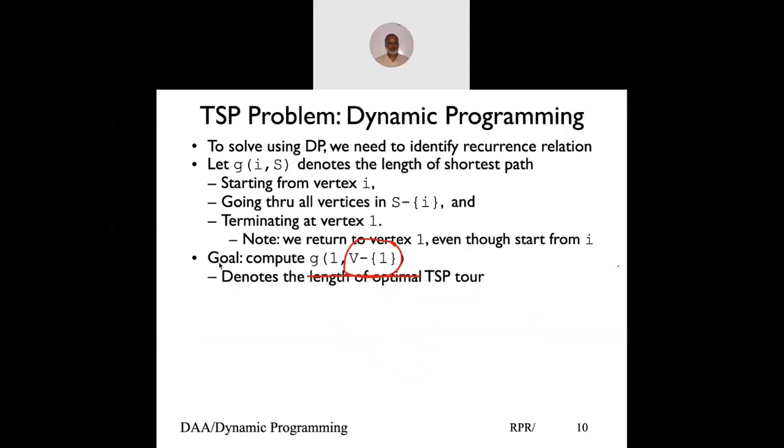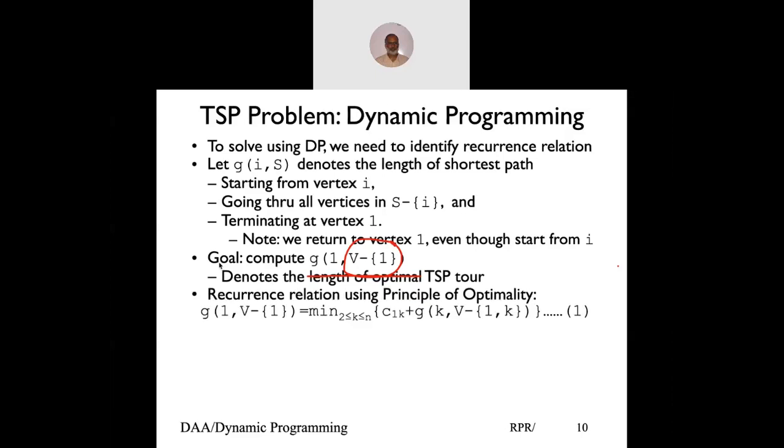So the generic solution, we would say, starting from vertex I, we look at the solution. That means from vertex 1, we can go to vertex 2, vertex 3, vertex 4, vertex 5. These are the costs. From vertex 1, we'll go to some vertex k, and from that vertex k, find the path through all the remaining vertices other than 1 and k, because 1 is where we started from, and k is the vertex that we visited.